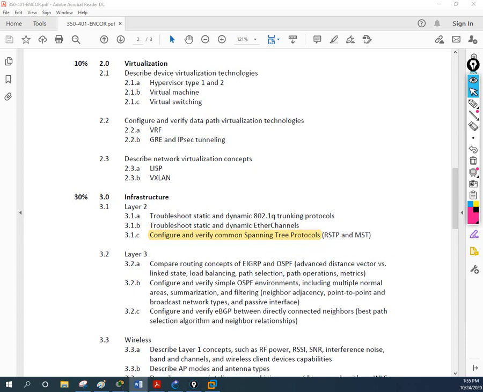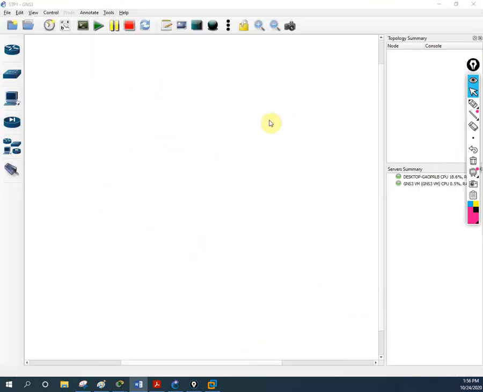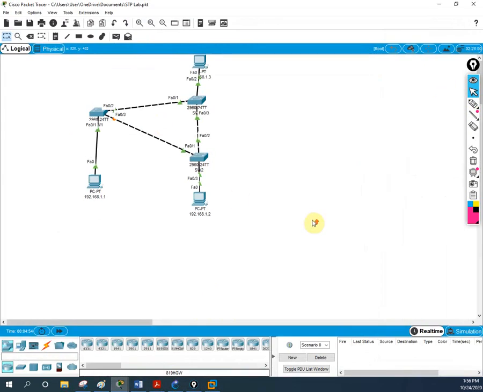In the last class we discussed what spanning tree protocol is and how it is saving our network: it is disabling the link and avoiding the loop in the network. We already discussed that yesterday, but anyhow let me revise some points, then we will continue the remaining one. Let me go here; I already have some topology in the Packet Tracer. We are going to discuss this one.